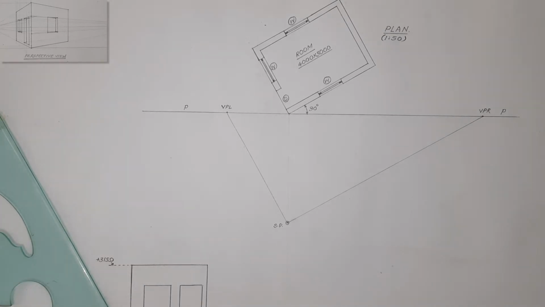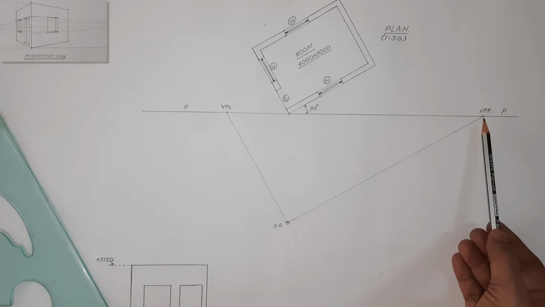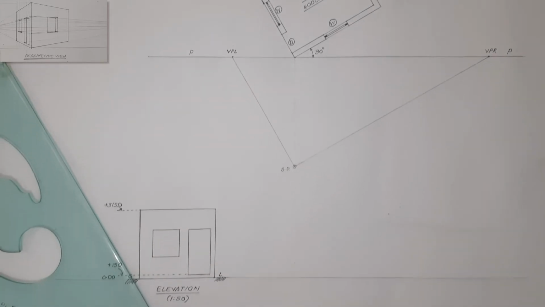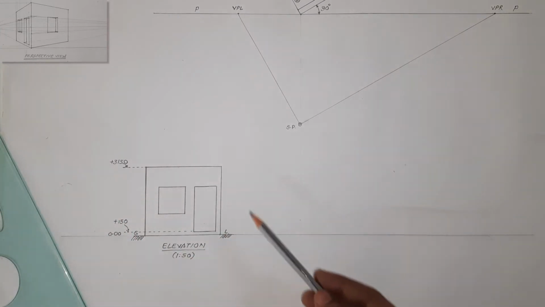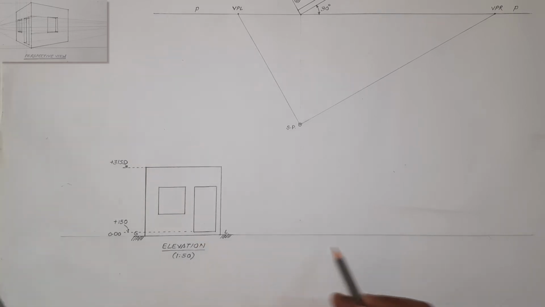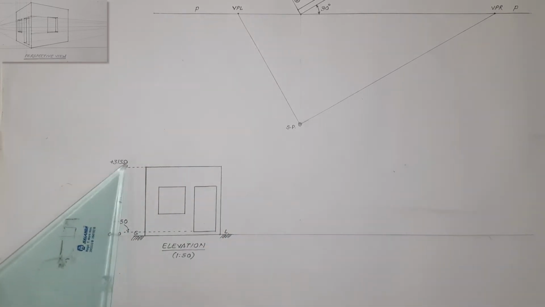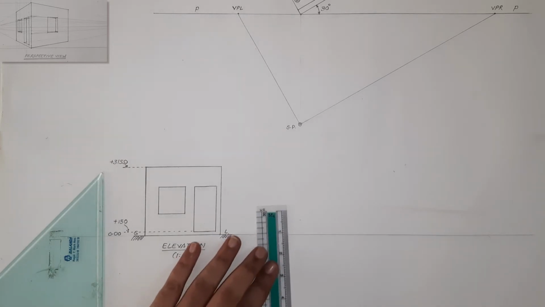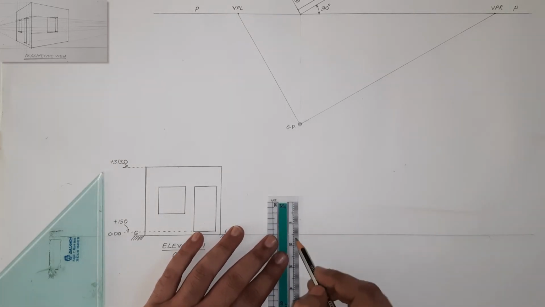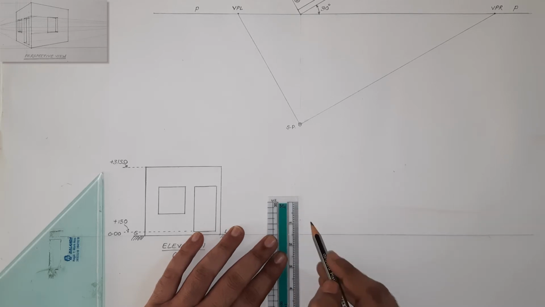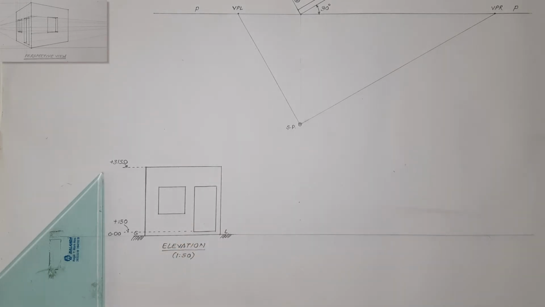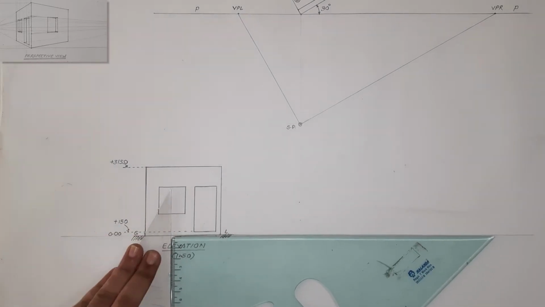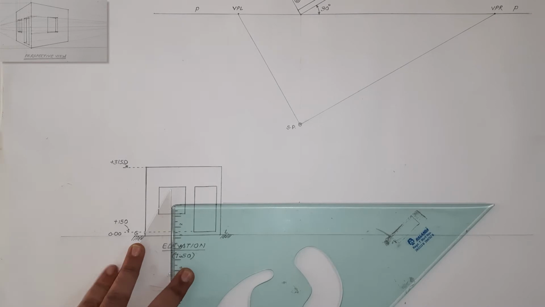After that, we need to transfer these 2 points on the horizon line. So, horizon line will be shown in the elevation zone. So, this is the zone for the elevation where we are going to draw the perspective view. Here, this is ground level. So, according to the process, horizon is usually taken at eye level, which is 1.5 meter distance. So, this is 1 and this is 1.5. So, at 1.5 meter height, we have taken this location of point, and through this we will be drawing horizon. So, this is the horizon.